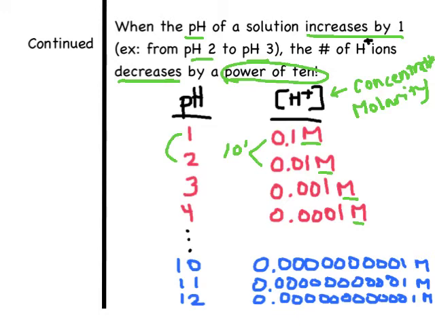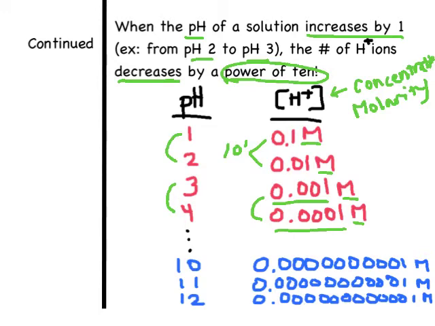If we take a look again between 3 and 4, we're going to go from 0.001 molarity down to 0.0001 molarity. So as we go up in number for pH, we are decreasing the hydrogen ion concentration by